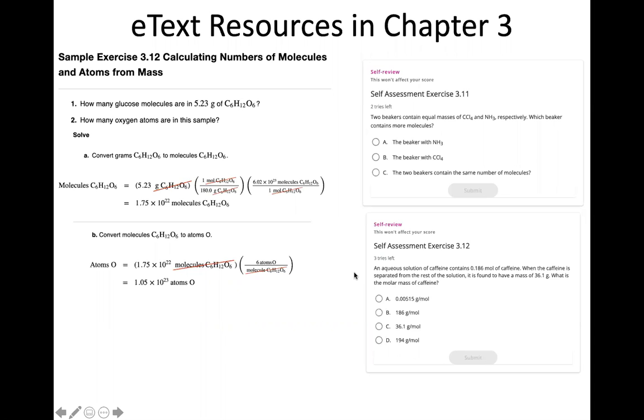My point is that they've added some really nice resources in chapter 3 that will guide you through different calculations. They'll give you suggestions, and they'll allow you to practice. Using the e-text for chapter 3 is really important, because when it comes to practicing and working with the different numbers and calculations, you need to get feedback. You need to determine, hey, am I doing this right? What would be an appropriate strategy? If you have not really used the e-text much for chapter 1 or 2, I think you can probably get by with that. But in chapter 3, absolutely, please check it out as a resource for seeing the different sample exercises.